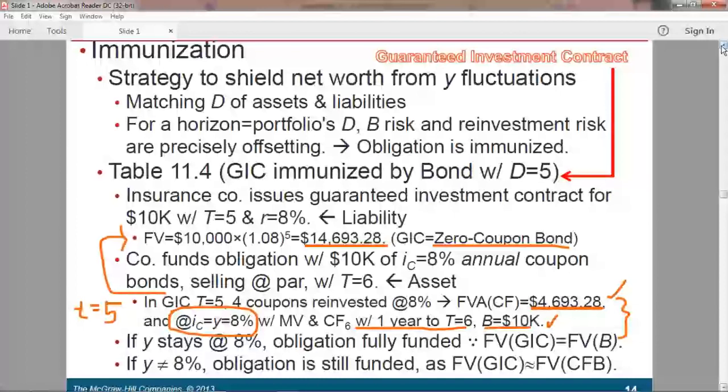You have a liability to pay in the future, and you have assets to fund that liability. So in other words, if you have a payment to make in 5 years,